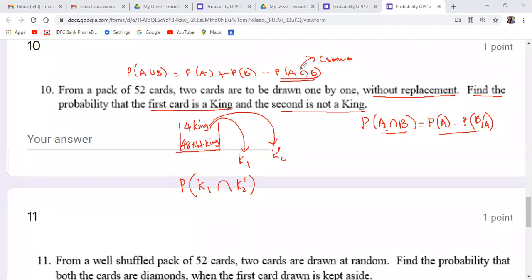This depends on the experiment. In this experiment, A and B are of the same experiment. A and B are results of a single experiment. Here, A is the result of the first experiment. B is the result of the second experiment. Correct. So that you can easily come to know how many experiments there are or not.